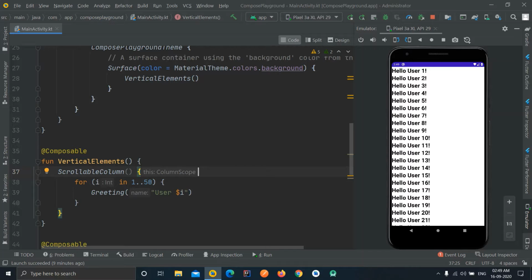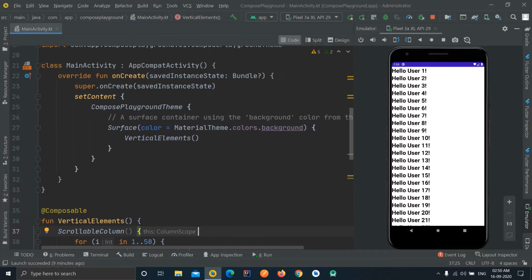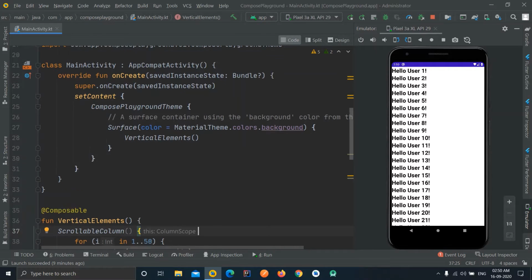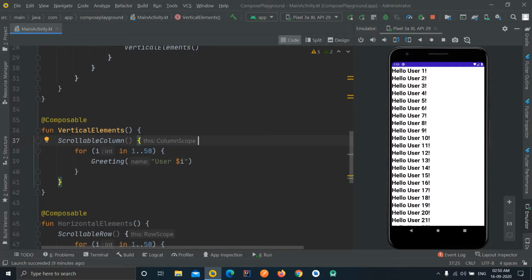In the previous videos we have learned how we can create a scrollable kind of layout where, if our elements are not fitting on our screen, we can scroll it. You can call it a list view, not a recycler view, where your elements aren't reusing themselves.